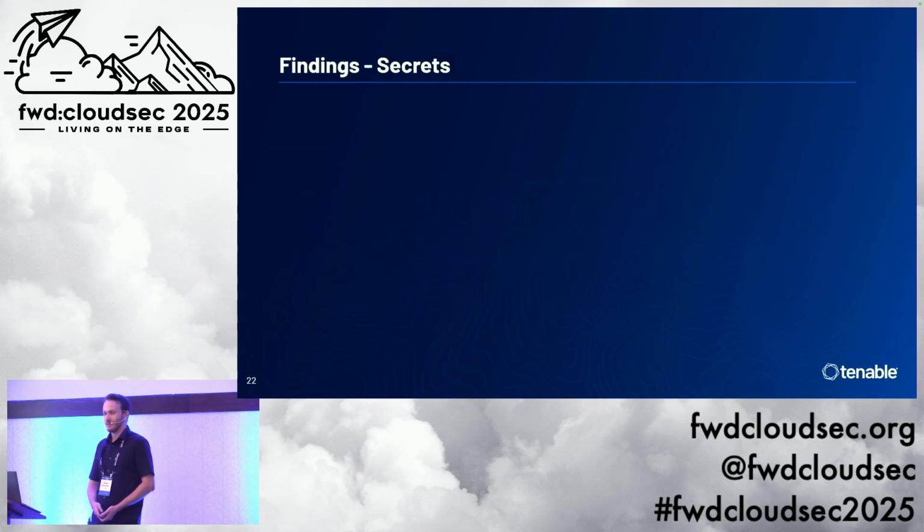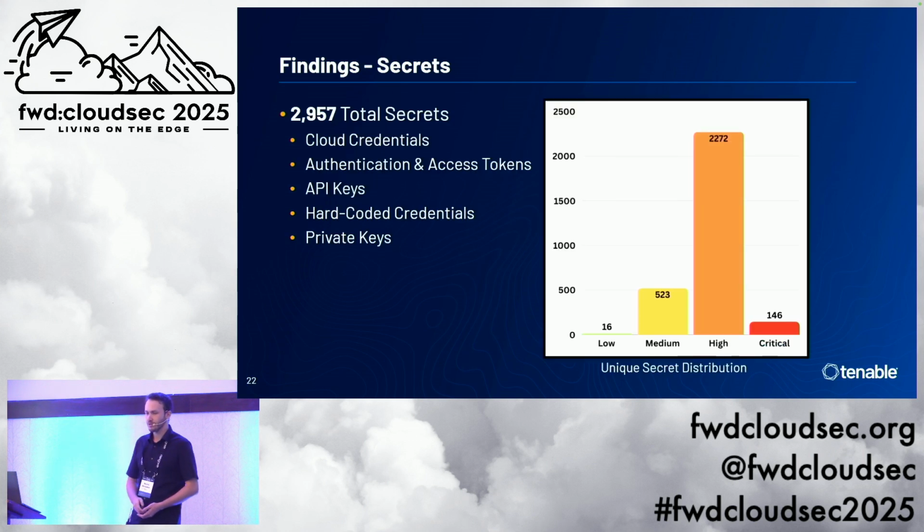Next, we'll dive into the secrets that we were able to find. All of the secrets we were able to find were actually in the vetted category. So it makes sense, because when you think about it, in the offered category of the bare bones containers, there's not much secrets to be had over there. And in the used category, presumably Google has some pretty strict security pipelines that allow them to scan for these kinds of things. But the third-party vendors who are uploading their images to Cloud Marketplace might not have the same checks in place. So we were able to find almost 3,000 secrets, which is about the same number of images